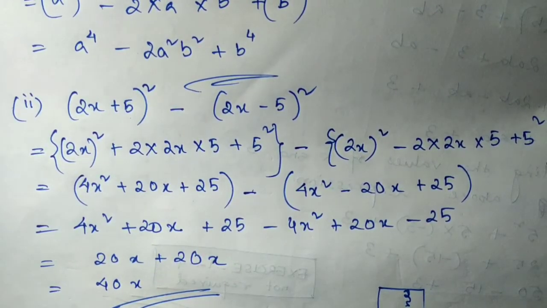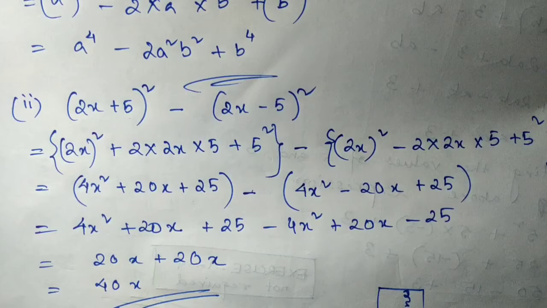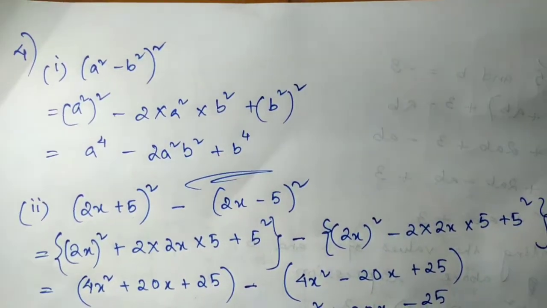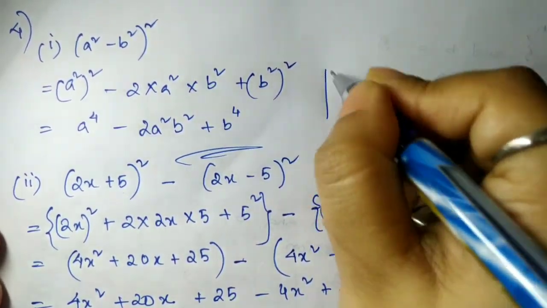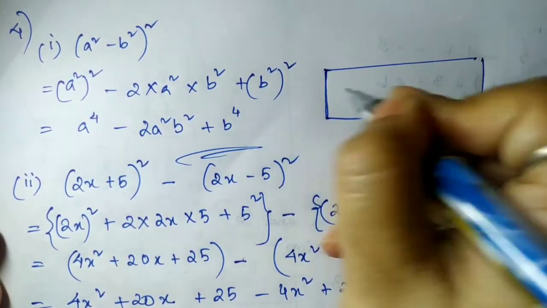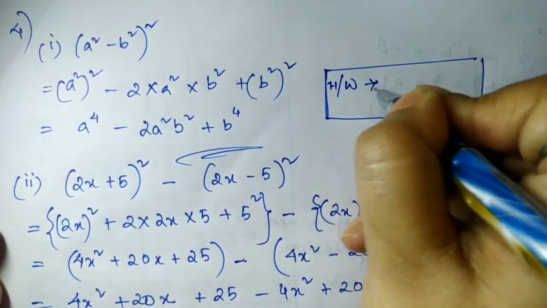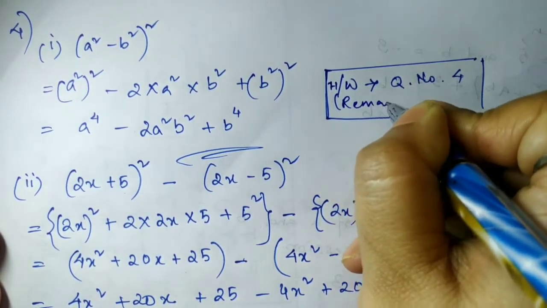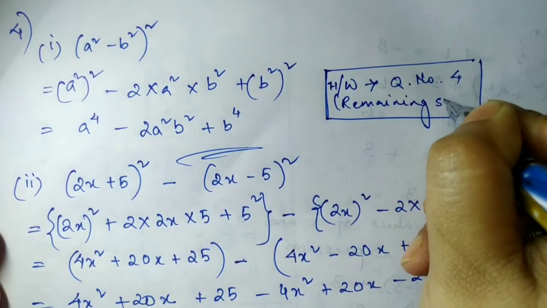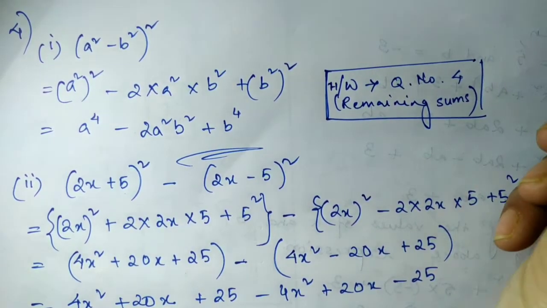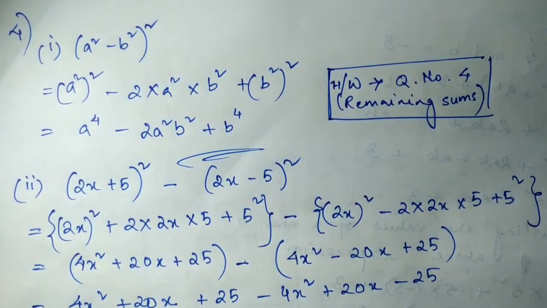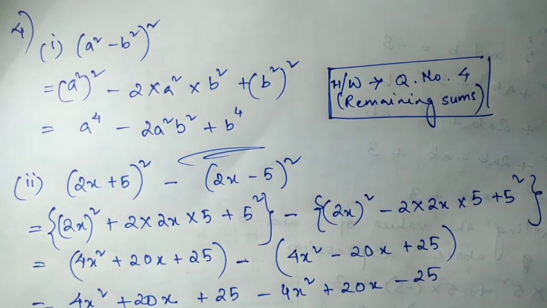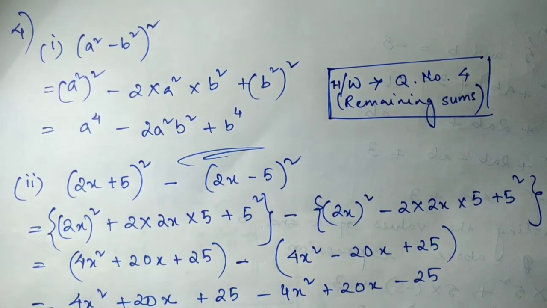So in this way you can try the remaining sums as your homework from this question number 4, that is simplifying. Just write down here that homework from question number 4 is the remaining sums. Okay, so I hope you will be able to try this one. If you have any doubt, you will let me know. Now we have question number 5, 6, 7 and 8, which I will be giving in the next video. For today's video, you'll have only this part till question number 4. The next few questions I'll be giving in the next video.